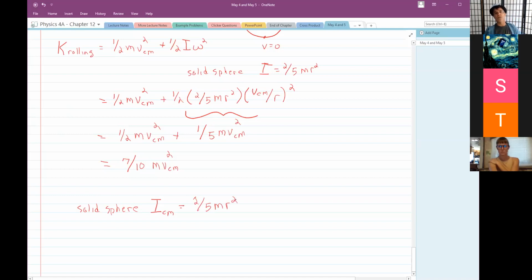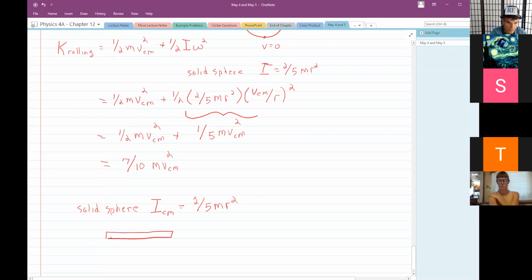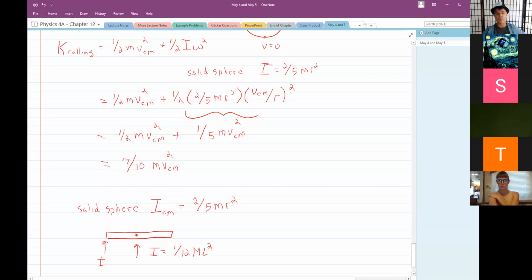If I wanted to know what is the moment of inertia about an axis parallel to the center of mass. So our classic example is the moment of inertia about a rod passing through the center, which is 1/12 ml squared. But if I wanted to know the moment of inertia about an axis passing through the end, not through the center of mass, then the parallel axis theorem says that the moment of inertia about an